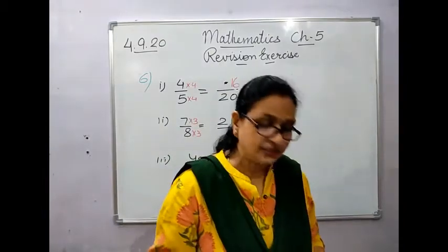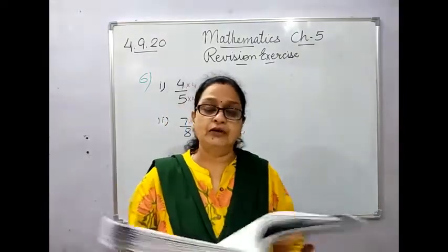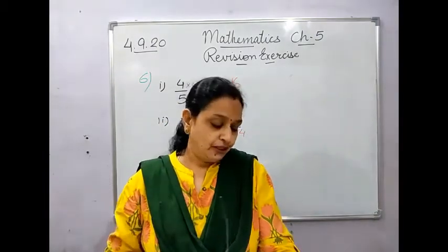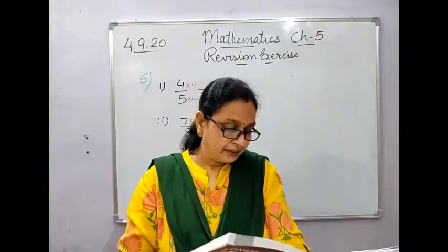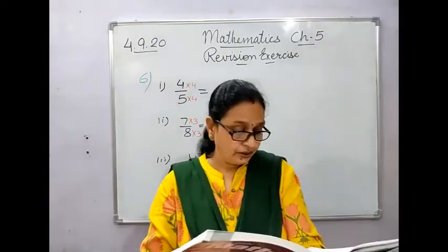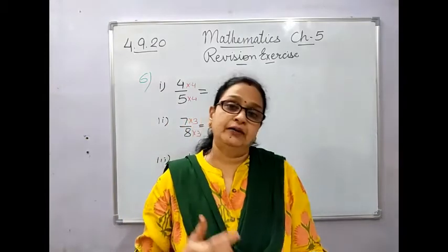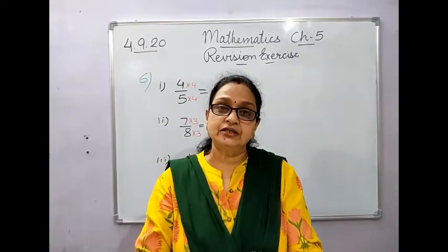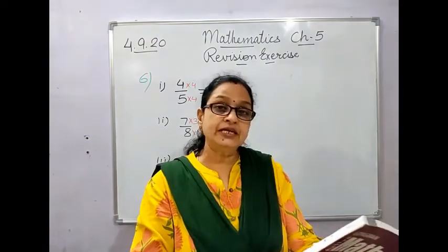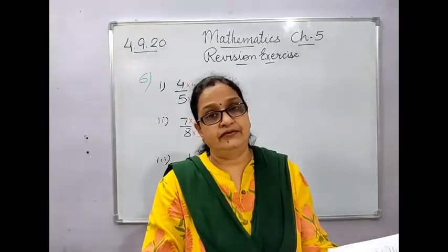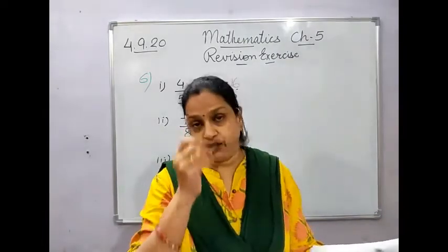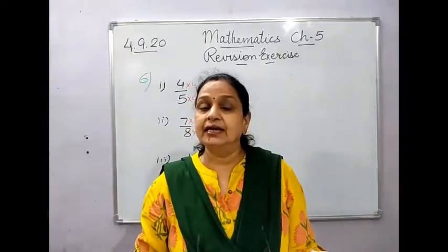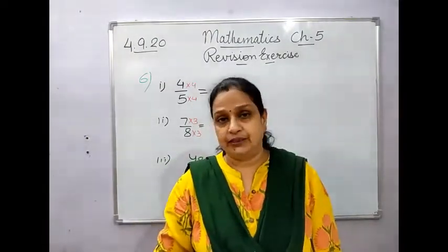Reduce the fraction to the lowest term. Same, find out the common factor between the numerator and the denominator, cut from them and bring it to the lowest term. Then compare the fractions using symbol greater, smaller, or is equals to, cross multiply and put the right sign. Because there are only two fractions, you cross multiply them. If you see, all the denominators are different. In all the sums, the denominators are not same. That means they are unlike fractions. And when fractions are unlike, to compare, we cross multiply.